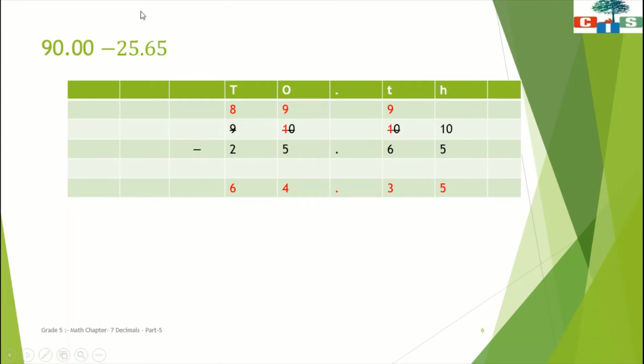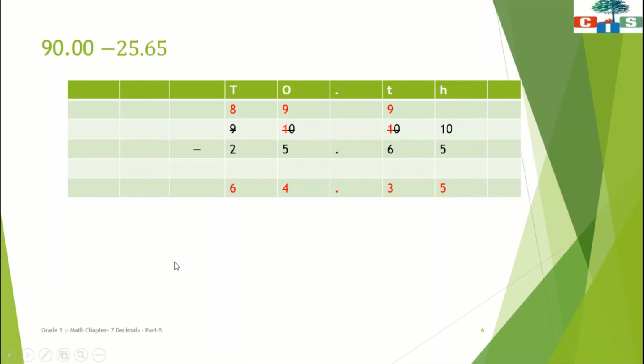Now we will place the subtrahend. Okay, the subtrahend number. So first of all, I have over here 5 at ones place and 2 at tens place. So I have put 5 at ones place and 2 at tens place. Now we'll put the decimal point and now I will place the numbers that are in the decimal part. Here I have 6 at tenths place and 5 at hundredths place. So I have put 6 at tenths place, 5 at hundredths place. Okay. Now once we have done this, now we can easily subtract.